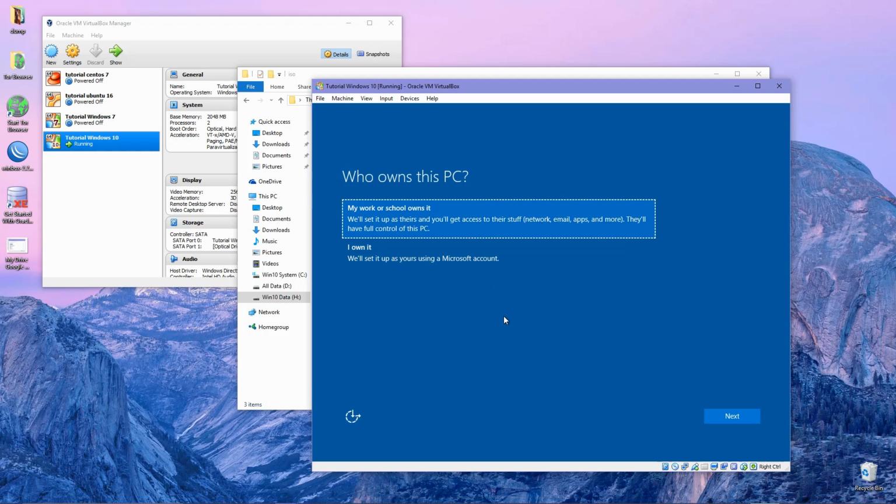But if you install Windows for your work or school, select My work or school owns it. In this tutorial, I just use I own it. Click, select Next,